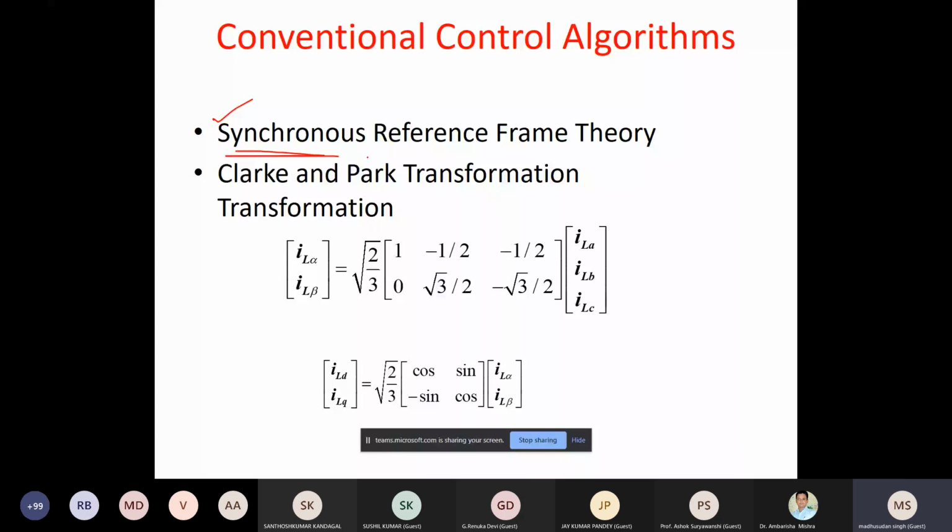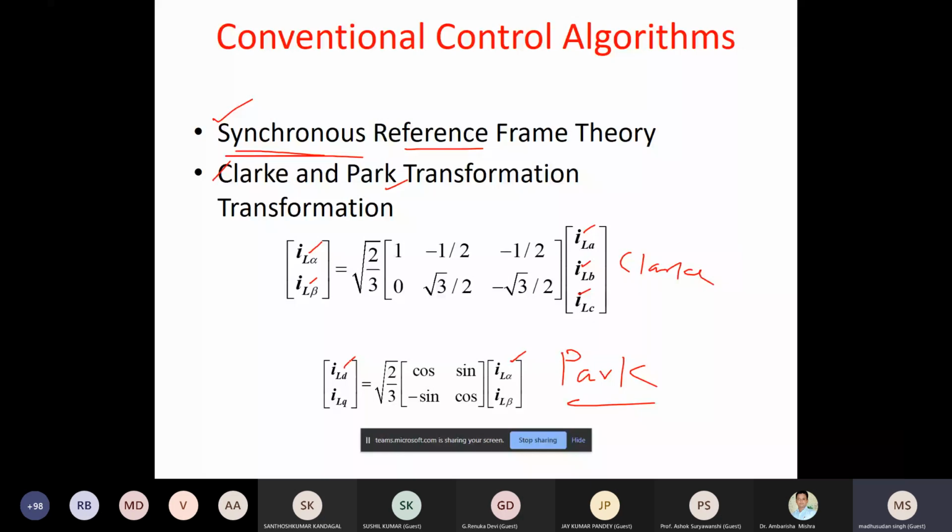And this SRF theory is based on two transformations. One is called the Clarke transformation, and the other the Park transformation. Now this is the Clarke transformation, right? This is the Park transformation, right? So the Clarke transformation is used to convert the three-phase load current into a two-phase current in the alpha-beta reference frame. And again, this alpha-beta current, if you convert into a rotating reference frame called the Ld-Lq frame, this is what